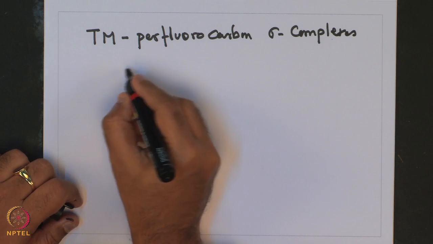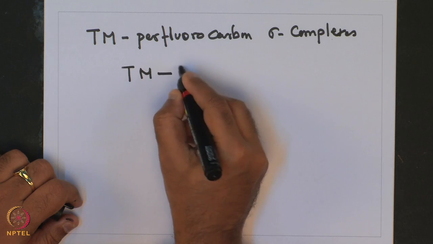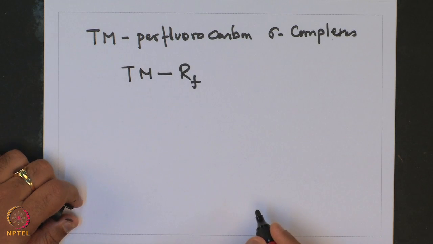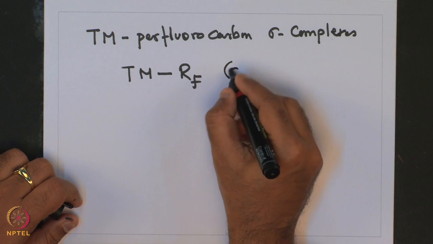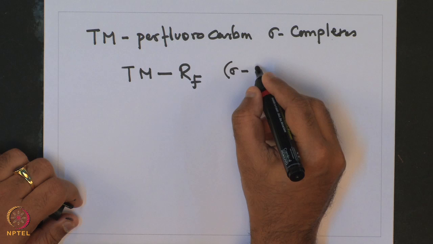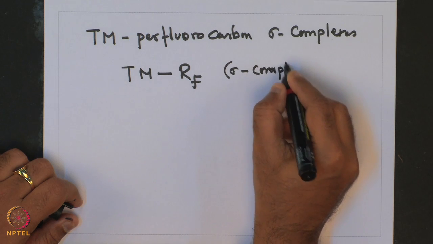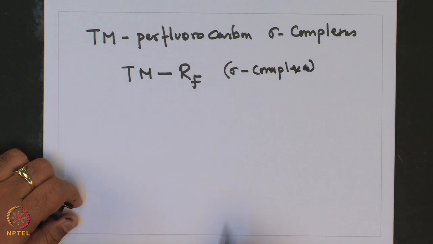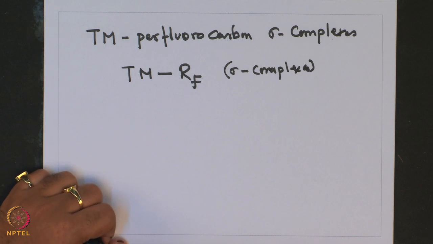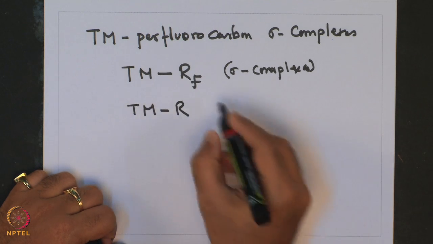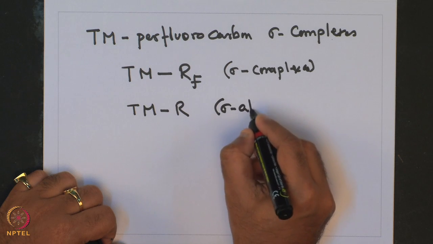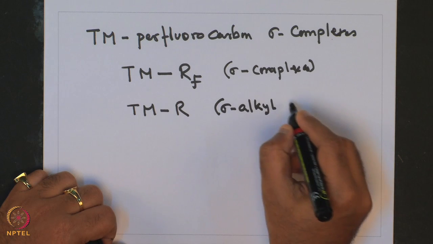So, these are designated by TM-RF, where RF is the perfluorocarbon group, sigma complexes. Now, one may think that these are quite related to the other transition metal sigma alkyl complexes that we have already discussed,